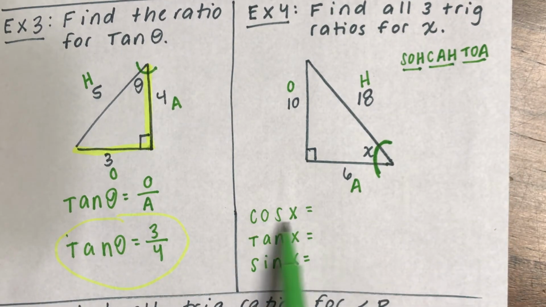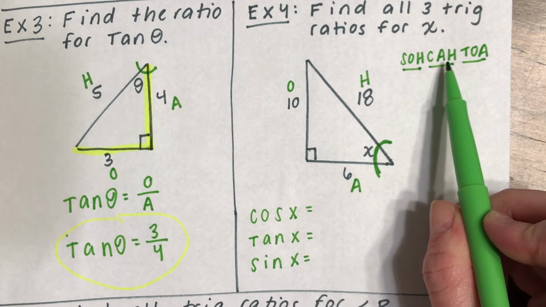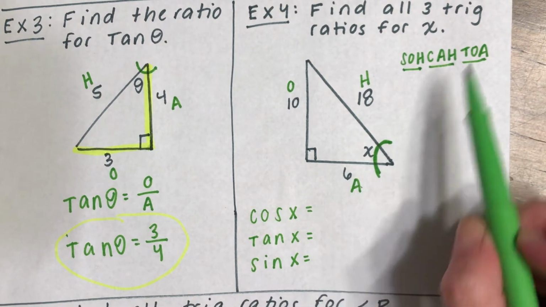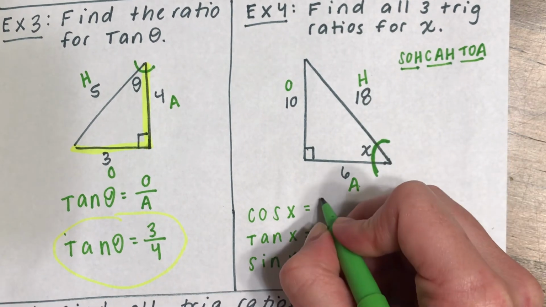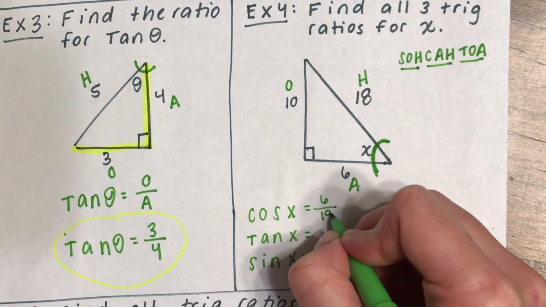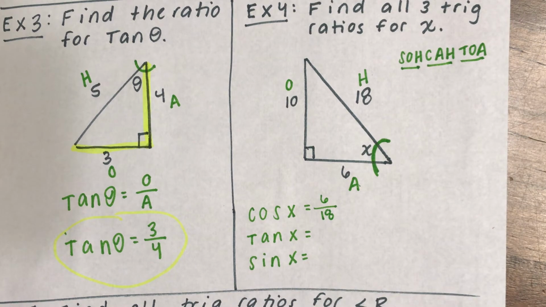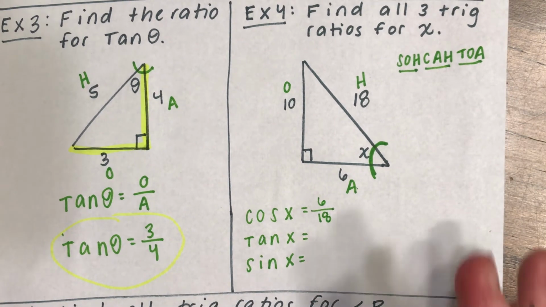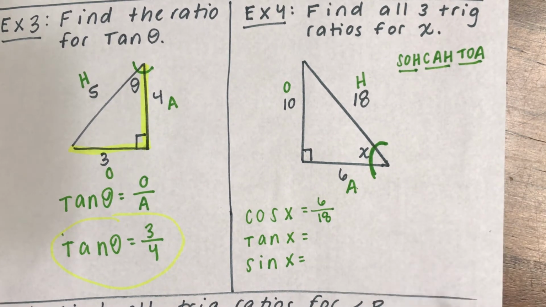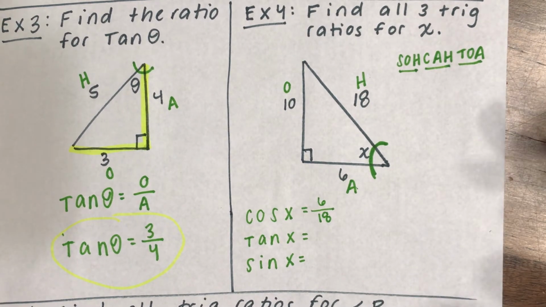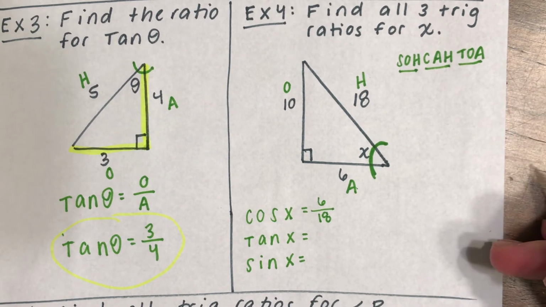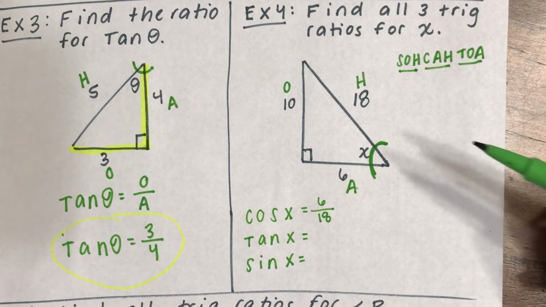Okay? So since I wrote down cosine first, we'll start in the middle. So the adjacent side is 6, and the hypotenuse is 18. So that ratio is 6 over 18. Okay? And again, if you're confused, if you feel a little lost, pause, go back to the beginning of the video, get clarification, and then come back to this example with us. Okay? All right,